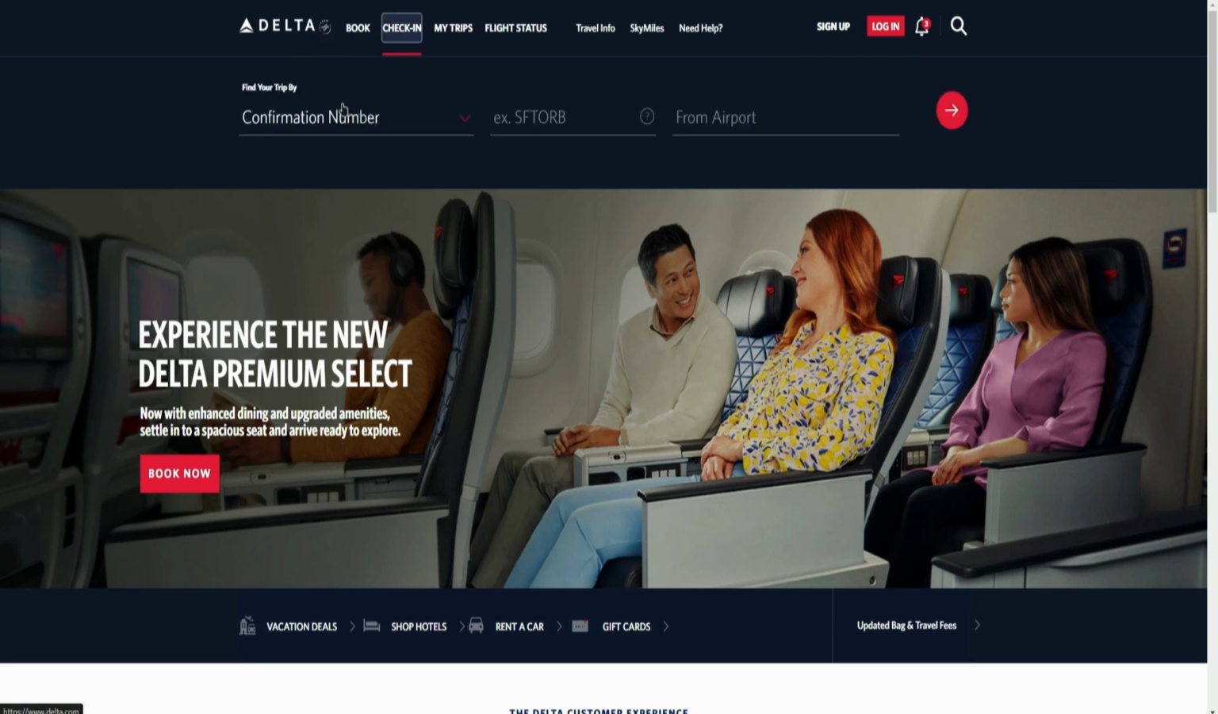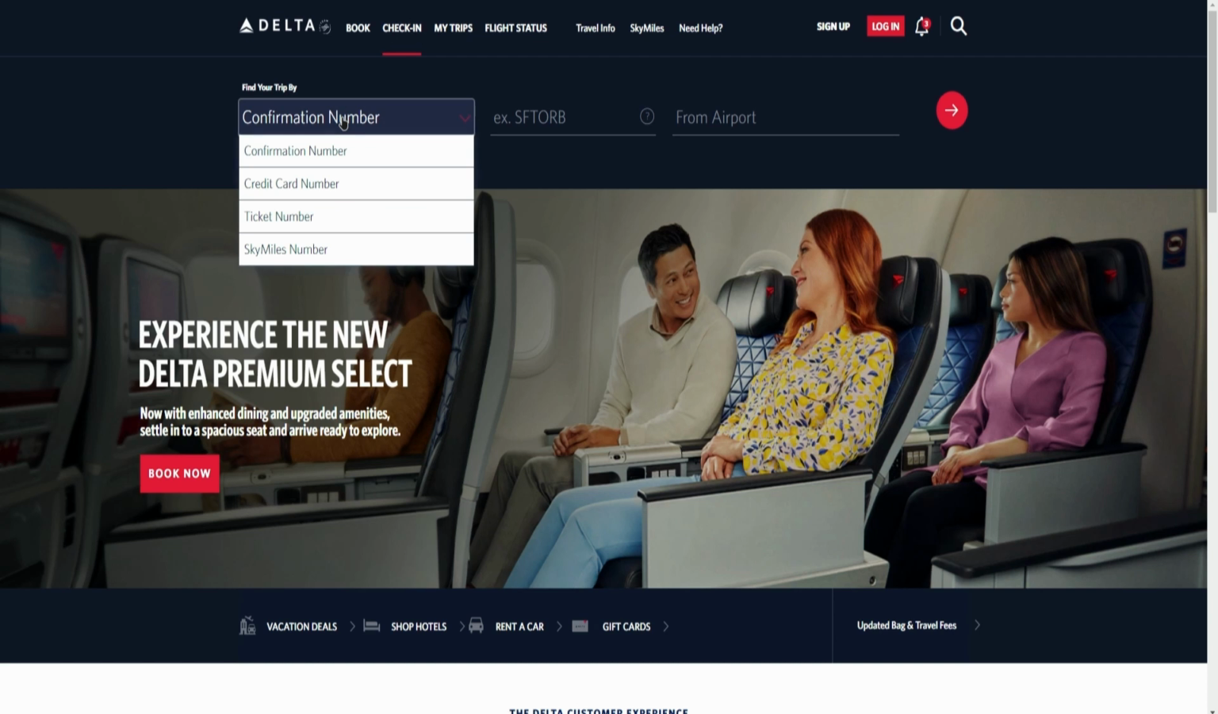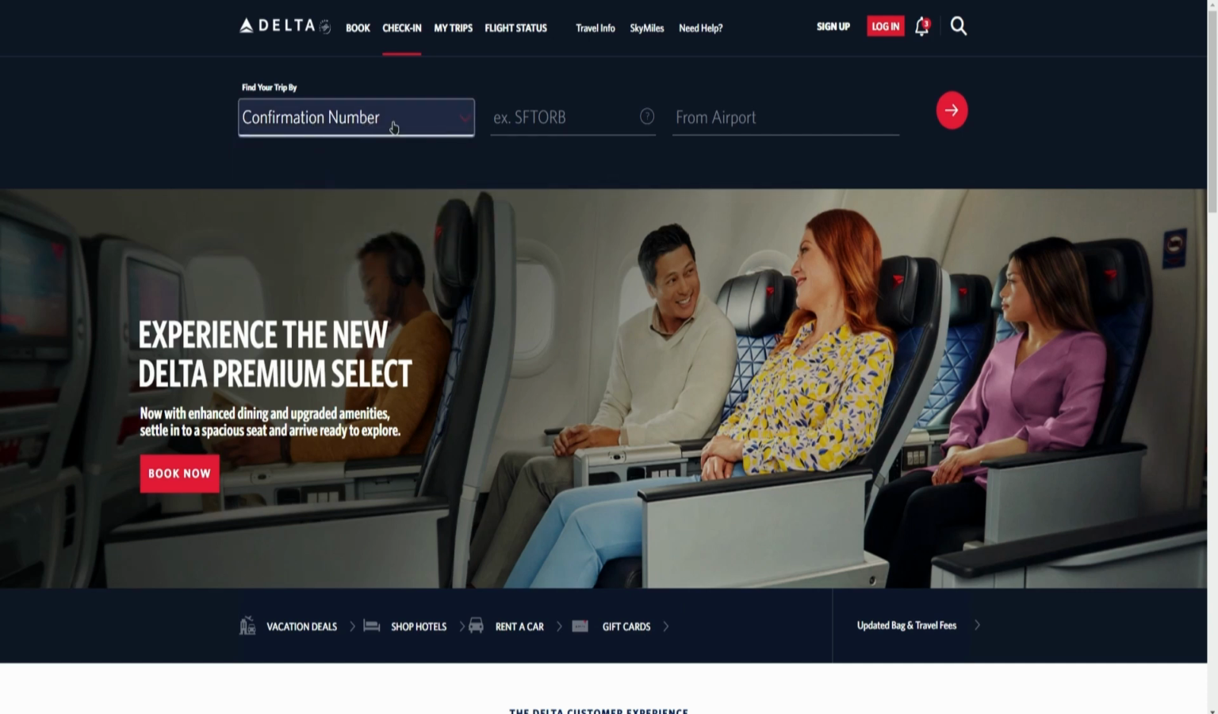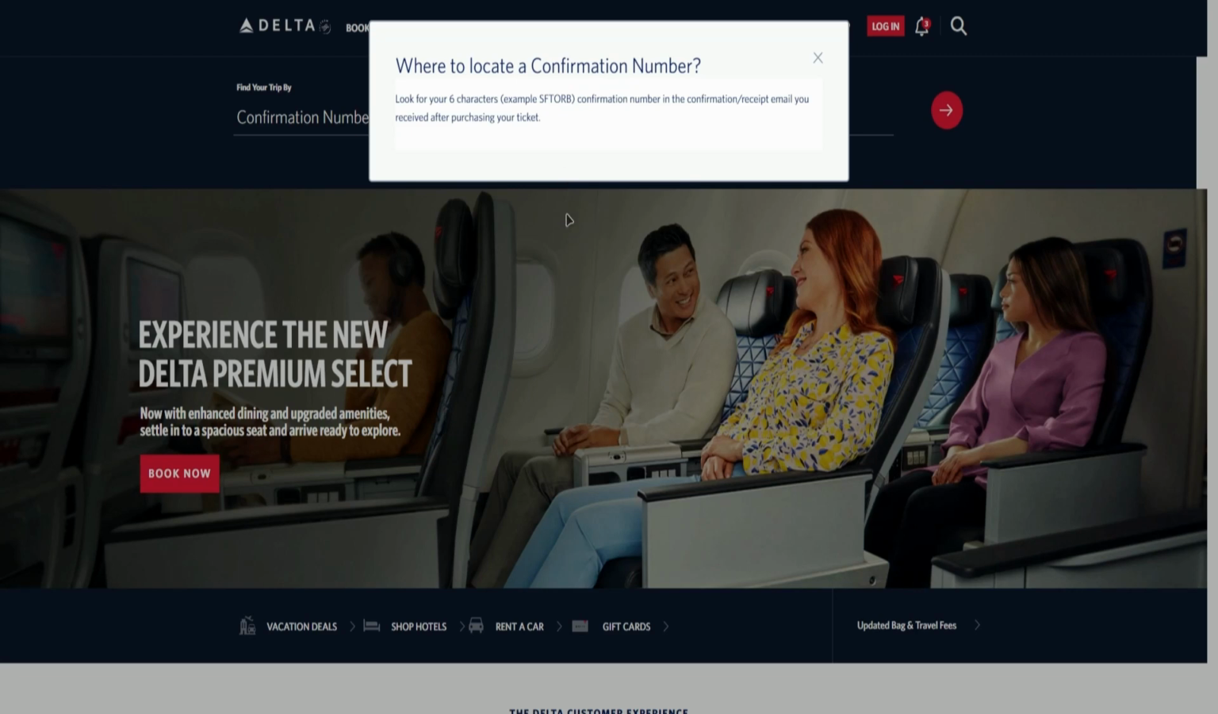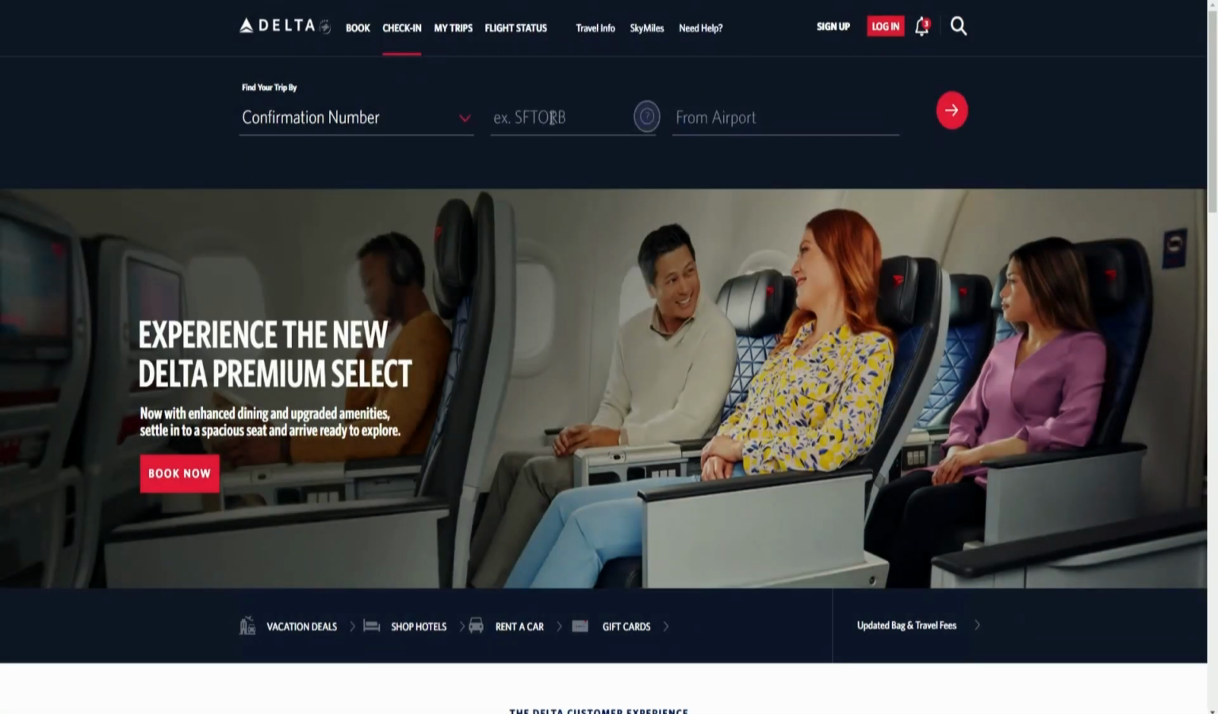And then you can find your trip by entering your confirmation number, credit card number, ticket number, or SkyMiles number. So just choose from any of those. Then once you have chosen, enter the confirmation number on this area right here. So it says here, look for your 6-character confirmation number in the confirmation receipt or email you receive after purchasing your ticket. So just enter your number right here,